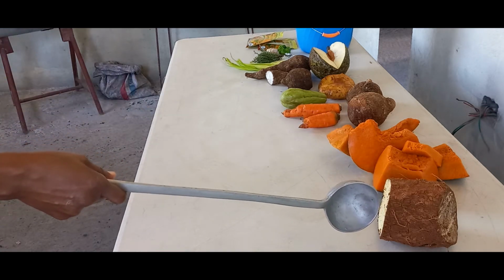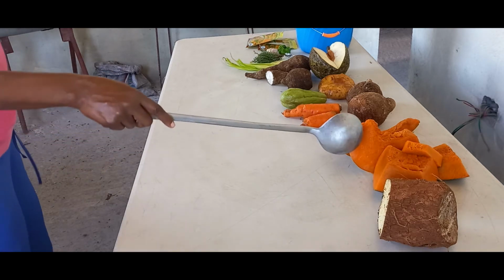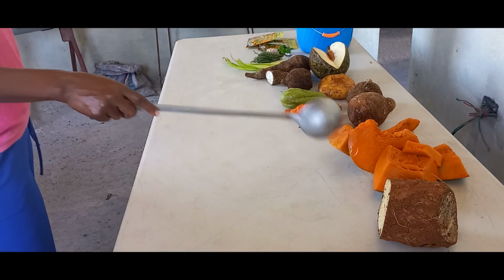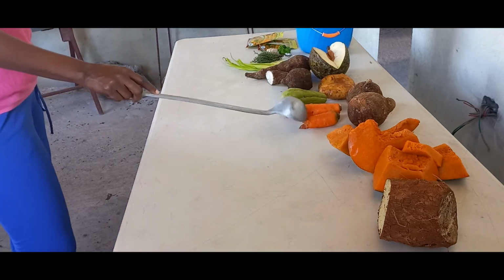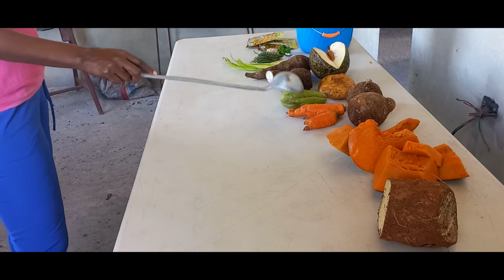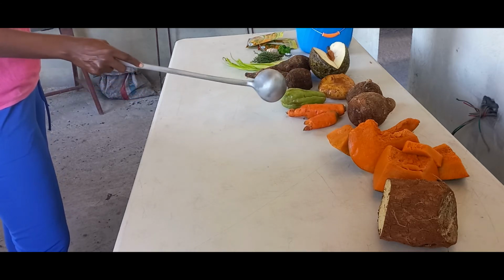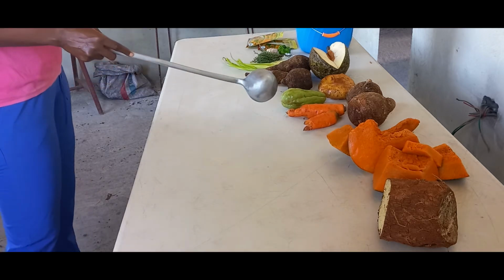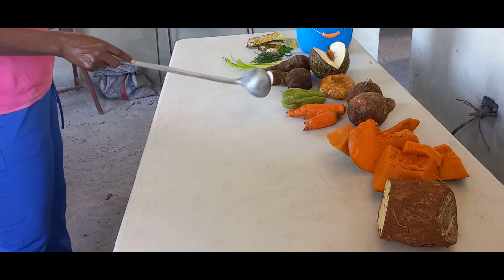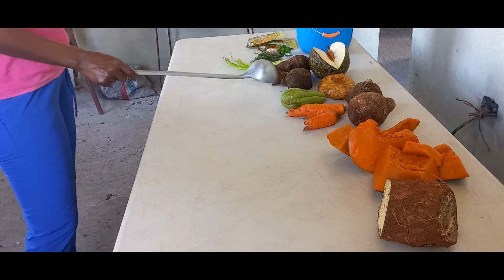Jamaican yellow yam, pumpkin nice and pretty, yellow, dasheen, carrot, as you can all see, and this is chocho, good old chocho. My mother used to use this whole heap. Chocho, you cook it by your meat, you can make it juice, a whole lot of things you can use chocho to do, guys. I'm using 2 large Irish